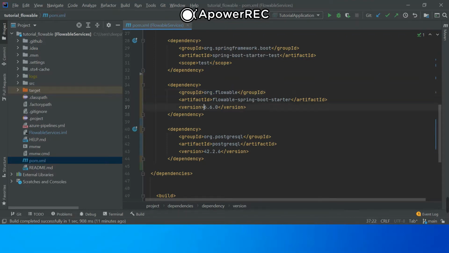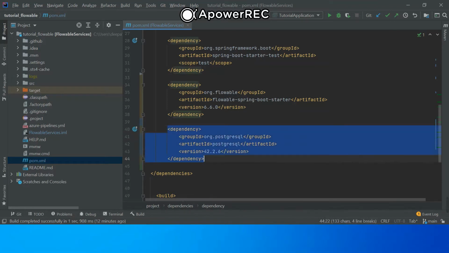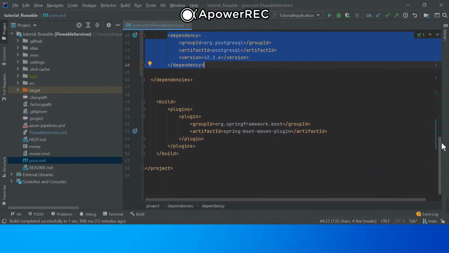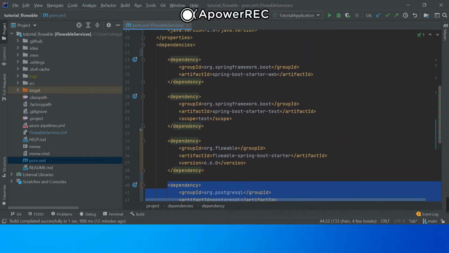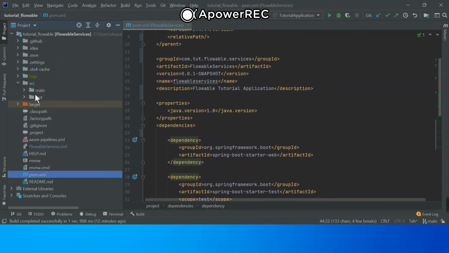The version I'm using is 6.6.0, so you can have it here or you can create a variable above. The second dependency is for PostgreSQL, because we are using that database, so I have included that dependency in my pom.xml too. Apart from that, you need not introduce any other dependency. These are sufficient.